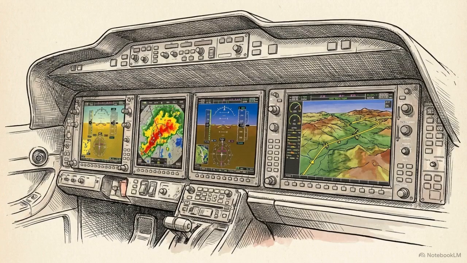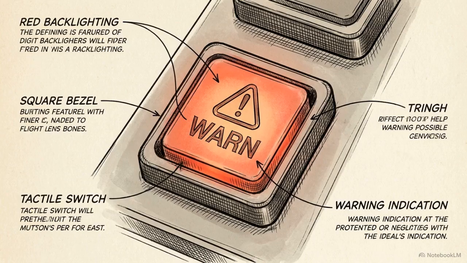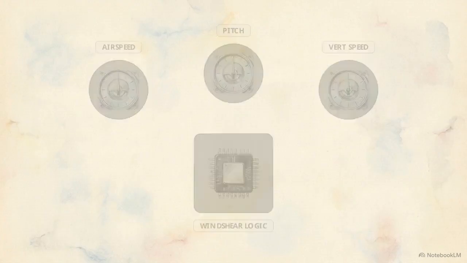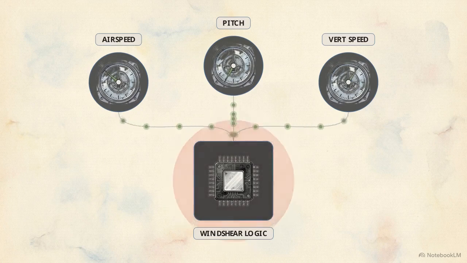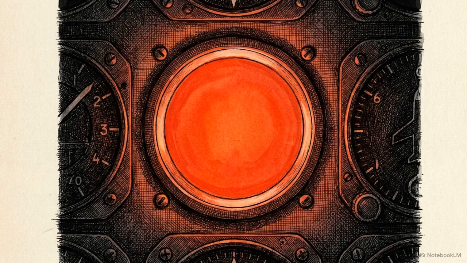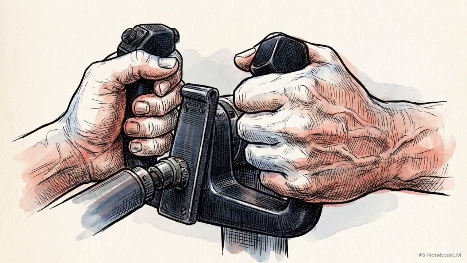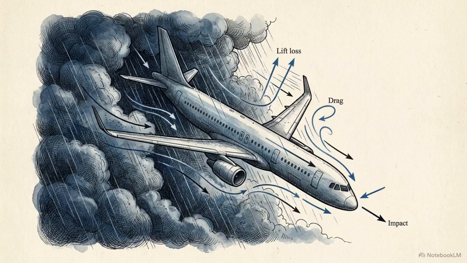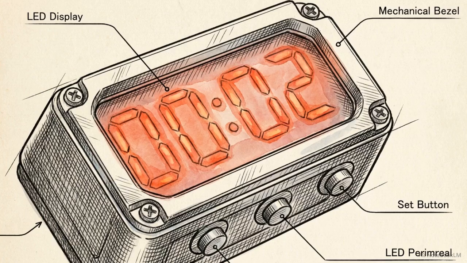To break the microburst trap, commercial aviation developed 2 generations of wind shear detection avionics. First is reactive wind shear detection, integrated into GPWS Mode 7. It continually monitors internal kinematics, like indicated airspeed, pitch, and vertical speed, to calculate wind shear logic. When tripped, it triggers an immediate automated warning: wind shear, wind shear, wind shear. But reactive systems have a critical limitation. They only warn the crew after the aircraft has physically entered the shear, leaving pilots mere seconds to execute a